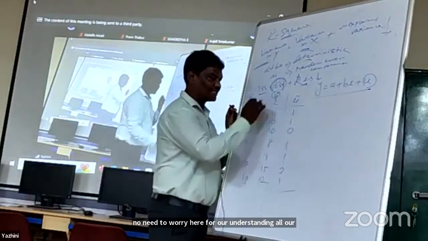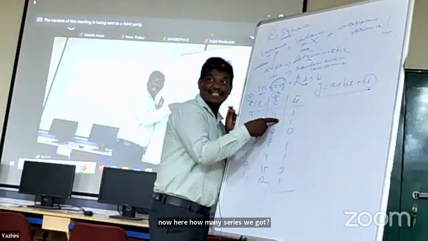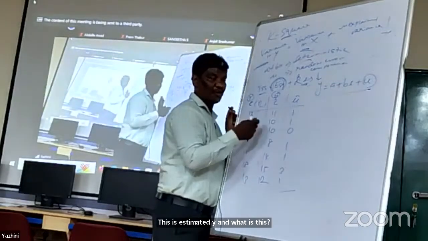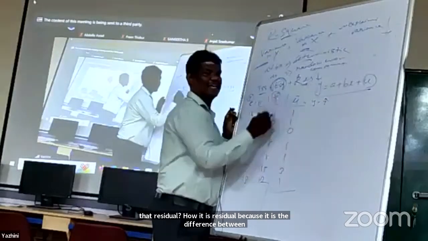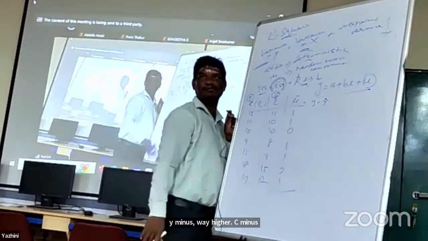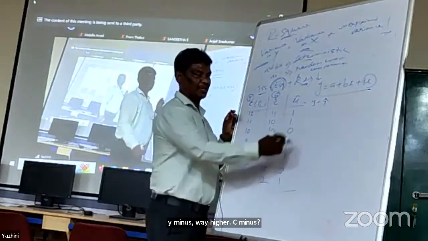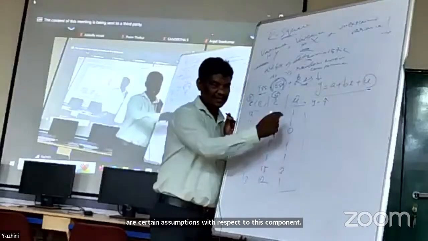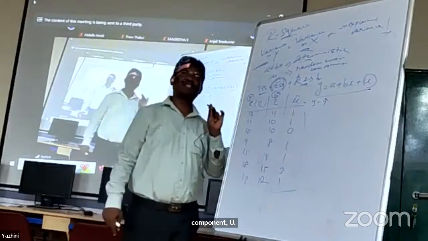Now here, how many series did we get? This is actual y, this is estimated y, and this is the residual, because it is the difference between y minus y hat, or c minus c hat. There are certain assumptions with respect to this component u. So what are those assumptions? First assumption is